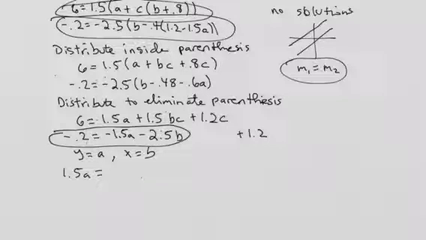I'm going to add the negative 0.2 to both sides, and I'm going to get equals negative 2.5b plus 0.2. I'm going to divide by 1.5, and I'm going to get a equals